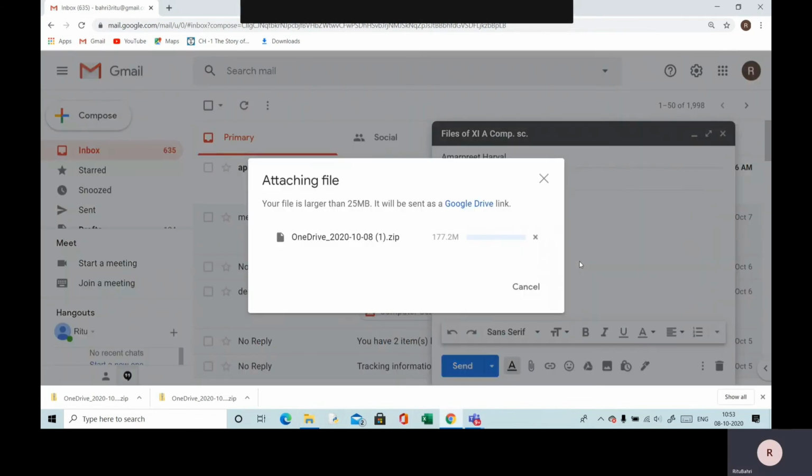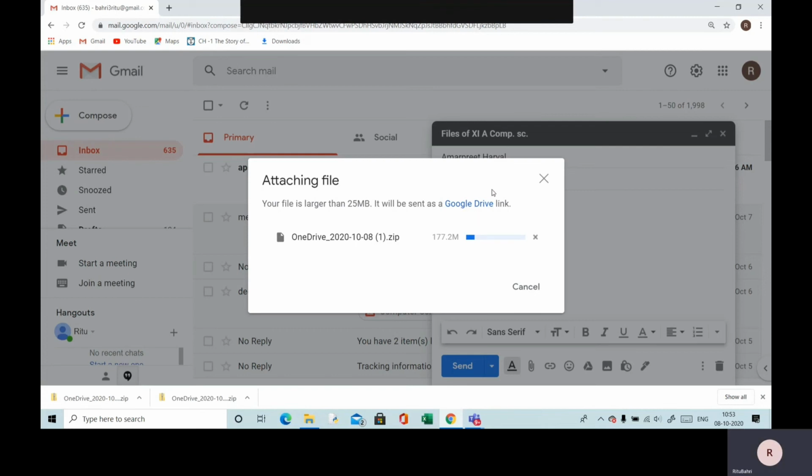Once you do it, you can see the file is quite big, 117.2 MB. The file size is bigger than 25 MB, as written here. So it will be sent through my Google Drive instead of directly copying the file into my email. It is creating a link after uploading this file into the Google Drive of my Gmail.